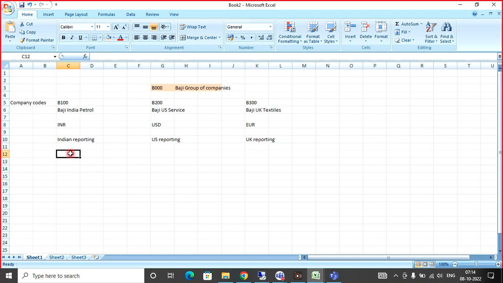For example, in India, total purchases, PURCH, some 1 lakh rupees. This is INR. In US, he did purchase, some 20,000 total purchase in this year. This is USD. This is somewhere around some 30,000 in UK. This is EUR. If management leadership asks you what is my total purchase for 2022